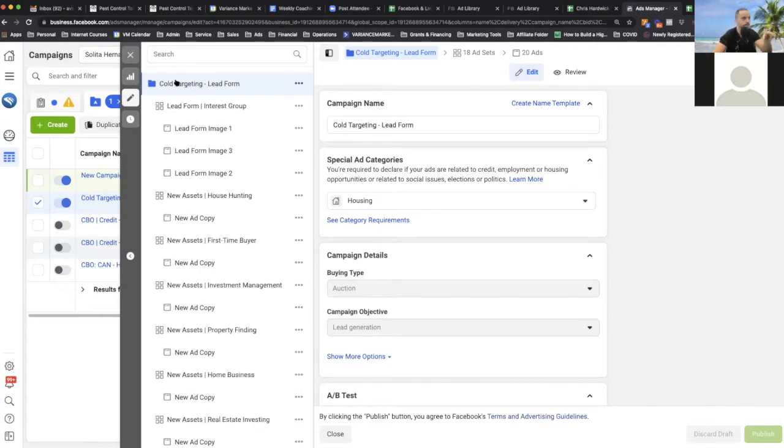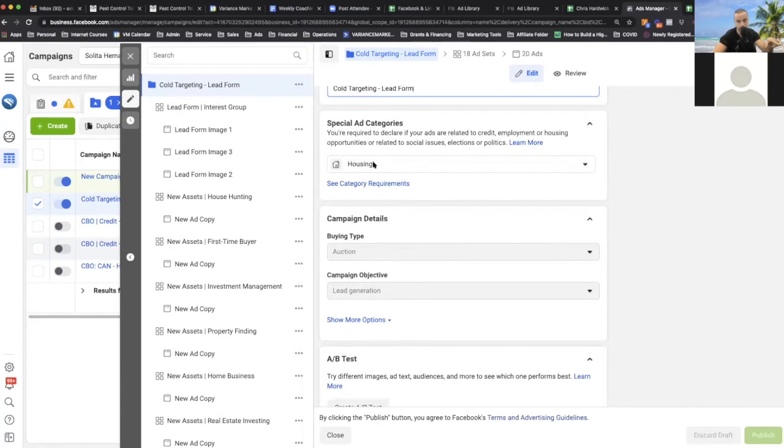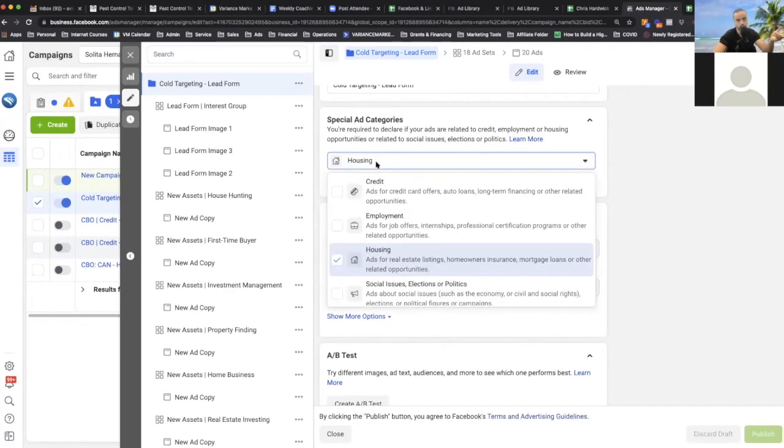Okay, so let's go through it. Let's go over how to set up your campaign. So obviously we're doing a lead form campaign. This is a special ad category because this is a mortgage agent. So with mortgage agents or realtors, you either have to select credit as your product because Facebook has these things called